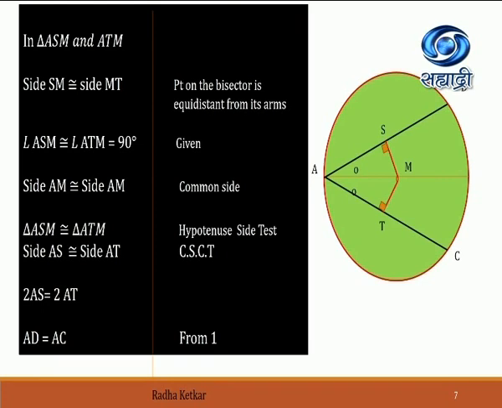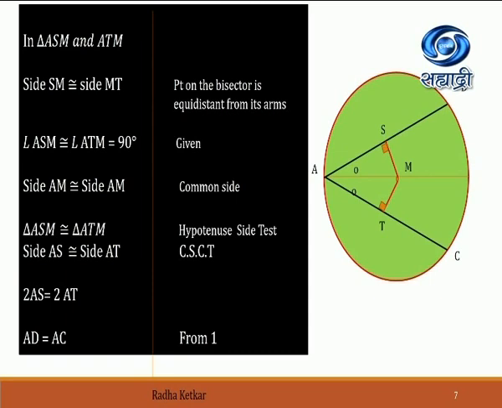In this case, MS and MT are going to be congruent because the perpendicular distance of these arms from the angle bisector is always the same. Angle ASM is congruent to angle ATM, 90 degrees, this is given to us. Side AM is congruent to side AM, that is the common side. So we can say these two triangles, ASM and ATM, are congruent to one another